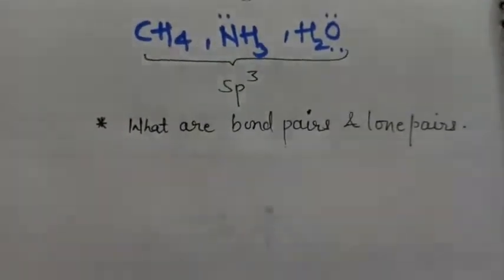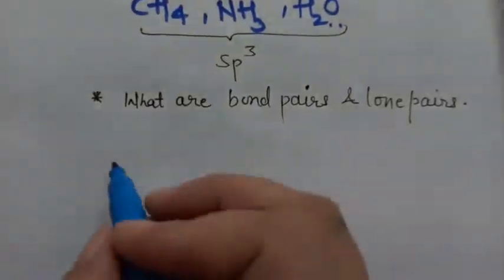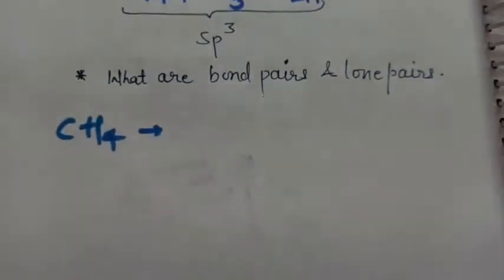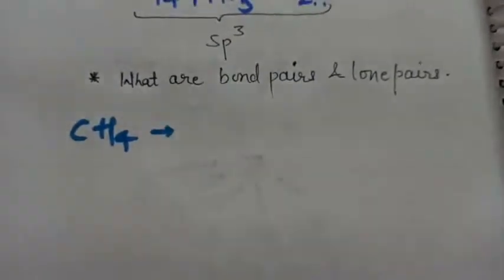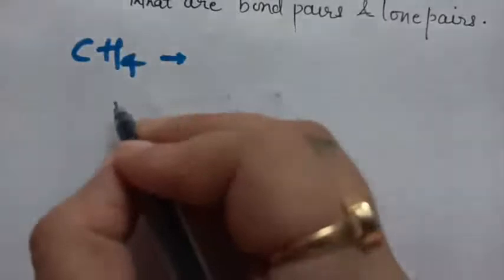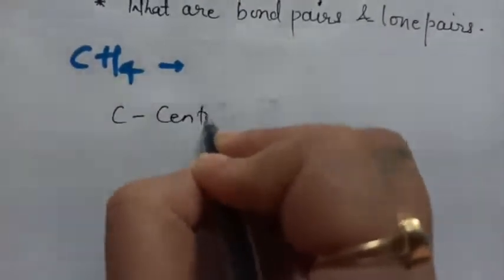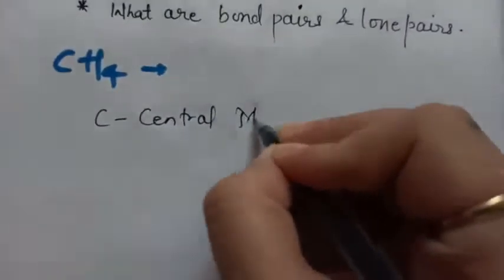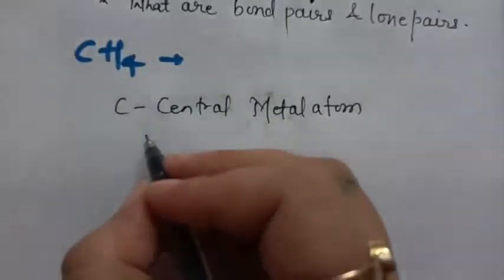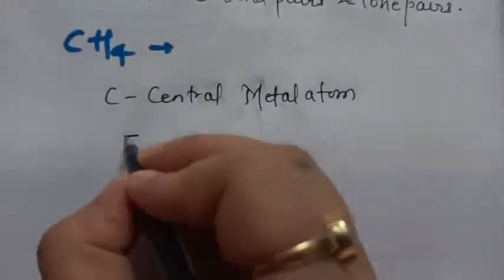I will do all the three molecules one by one, and then I hope things will become clear and easy for you. How you have to proceed and how you will be able to make the hybrid orbitals, I am telling you the steps for the same. Whatever is your central atom, like here carbon is your central atom. Okay? So separate carbon. You'll have to follow certain steps which I am telling.